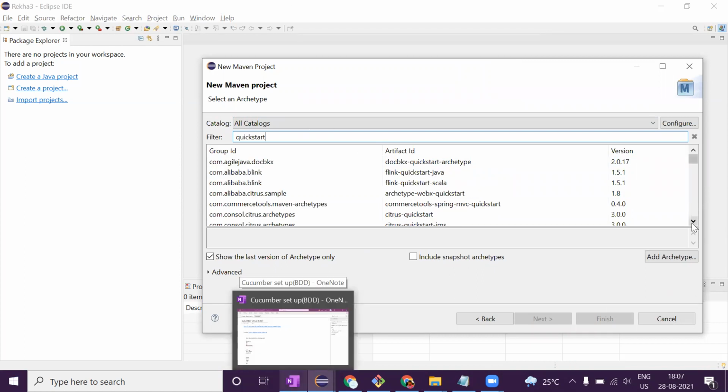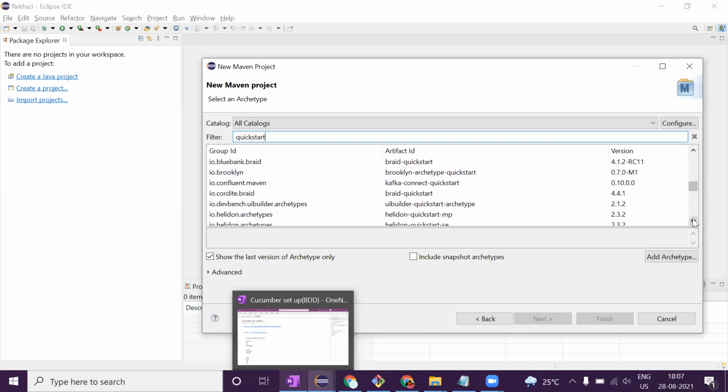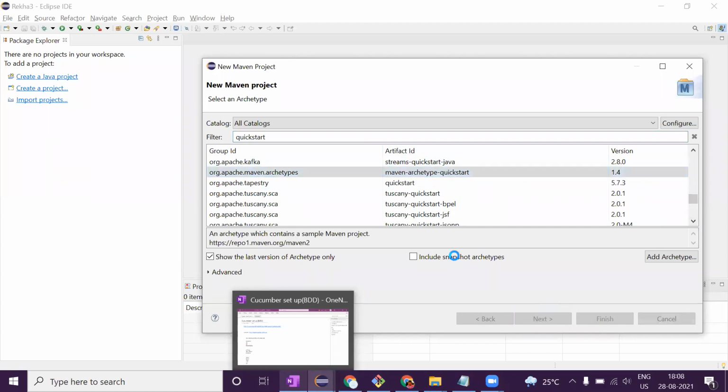I'll start a quick start, Maven archetype quick start 1.4, this you need to select, then do next.